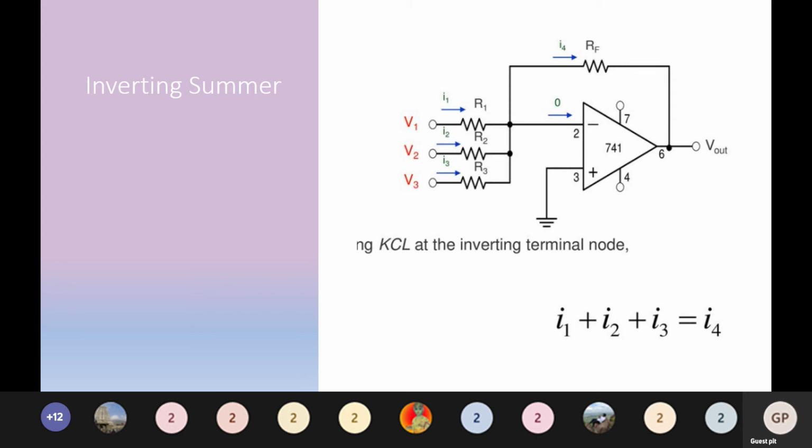So we can see here the same circuit shown again. It's an inverting summer where you have three inputs. We can see it is given to the inverting terminal of the op-amp. And as usual, we have a feedback. The non-inverting terminal has been grounded. So now this is the output. So output will be, as we already saw, gain times the sum of the inputs. And you will have a minus sign since we are providing the inputs to the inverting terminal, right?